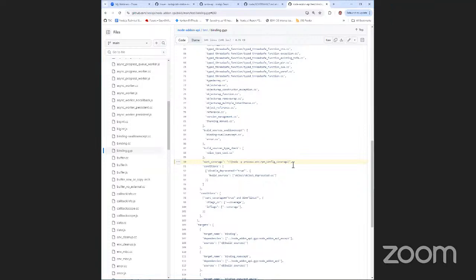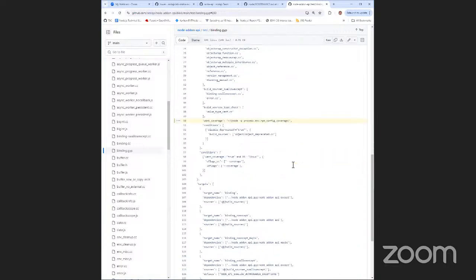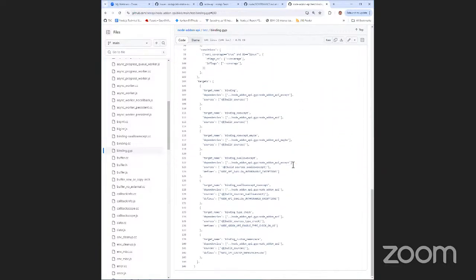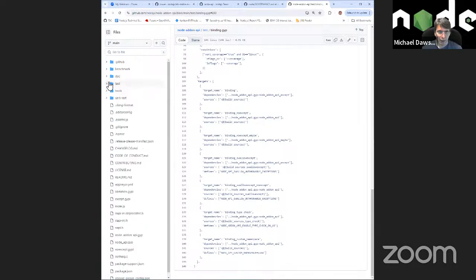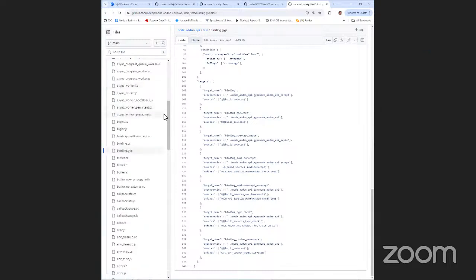Oh, geez. Okay. Let me see that. This defines it in binding.gyp, the binding.gyp for us. So not in test, but common.gypi. I'm sorry. Oh, for us, yeah, that's right.